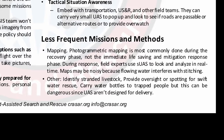Okay, another one is other things you can do. Fort Bend's used it, and other groups have used it, to identify stranded livestock, really big in an agricultural community. Oversight or spotting for swiftwater rescue as people try to do that. We have seen where in some of the floods people have carried water bottles to trap people on the roof, but do keep in mind this can be very dangerous because unmanned aerial systems usually aren't designed for delivery. If you're doing a Velcro type thing or duct tape,